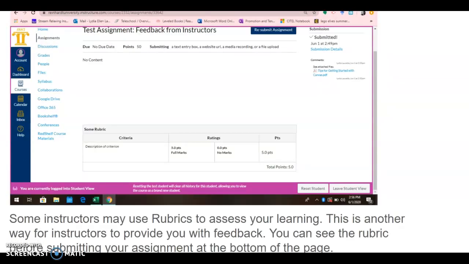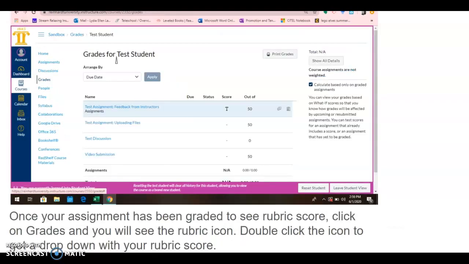Some instructors might also use rubrics to assess your learning. This is another way for instructors to provide you with feedback. You can see the rubric before submitting your assignment at the bottom of the page. Once your assignment has been graded, you can see your rubric score by clicking on Grades, and you'll see